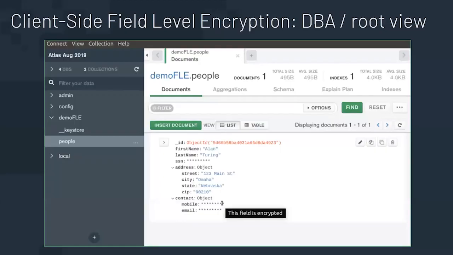Now, what does this look like to a DBA? As I mentioned earlier, even with root, even with global cluster admin, even if you own the virtual machine or you're the cloud provider itself, what do you see when you look at these records? You see encrypted data, you see gibberish. When we look at one of these records through Compass, for example, it'll just show stars. That's sort of just a UI thing. But if you hover over that, it'll say this field's encrypted. If you drilled into that, you'll see that this is just binary data that's kind of undecipherable.